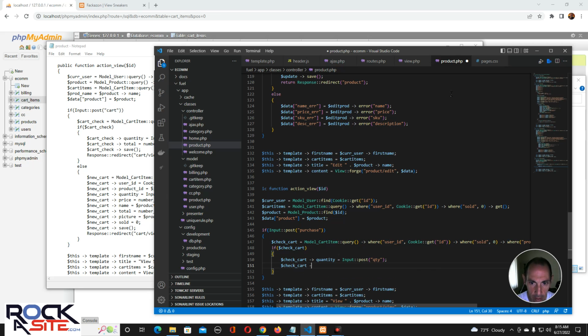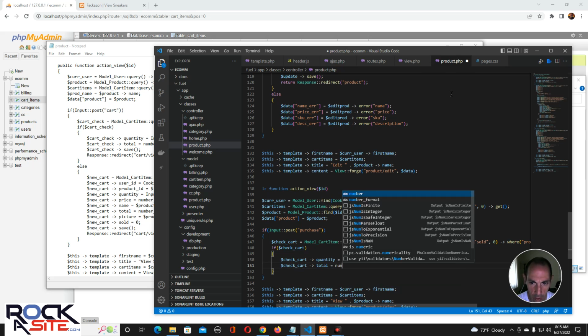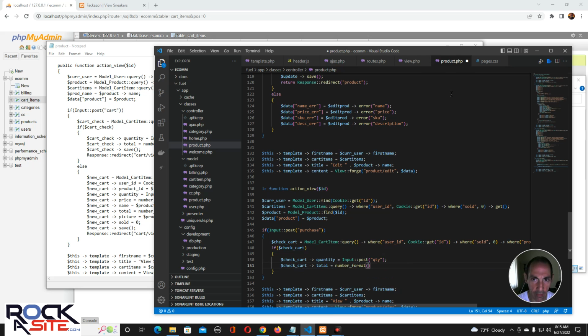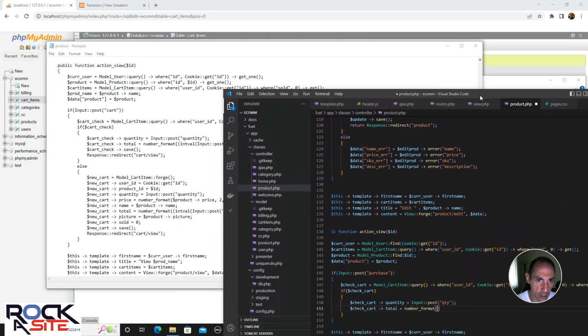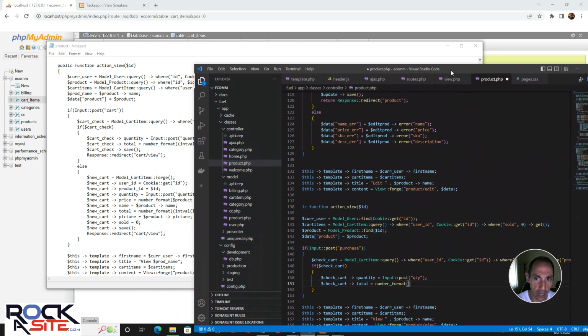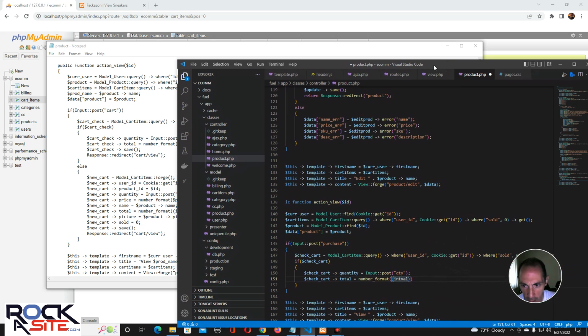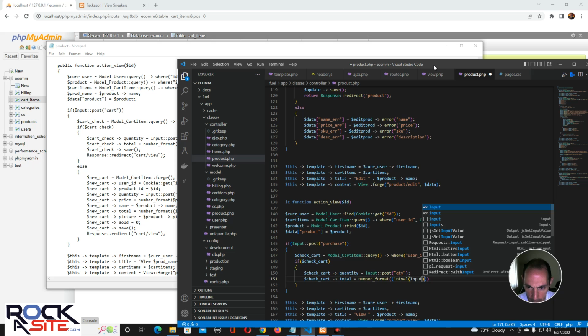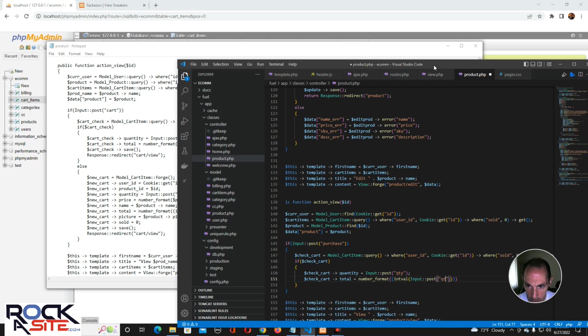Check cart total, which is... and then we have to, this is why I have this open. We have to do this. See this? It won't add these numbers together. It'll give you an error message unless you go parentheses intval, which is a PHP function, and within that we go input post quantity. So we make the value of the quantity an integer, and then from there we add floatval